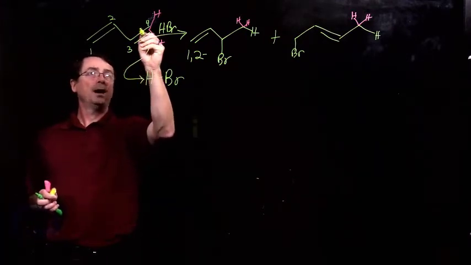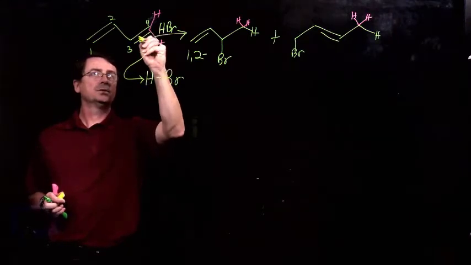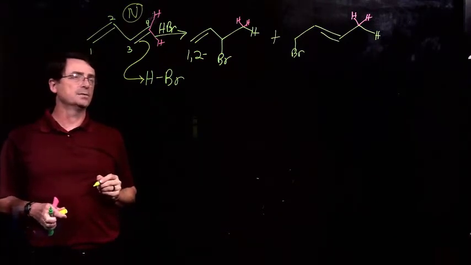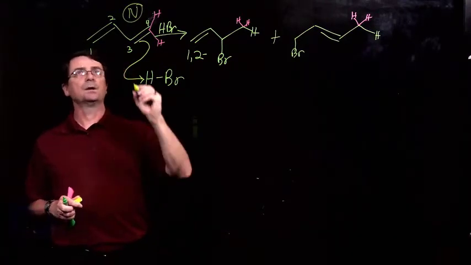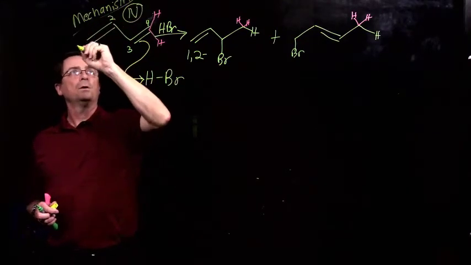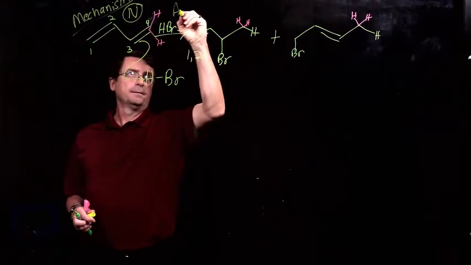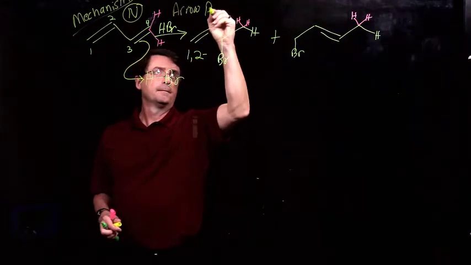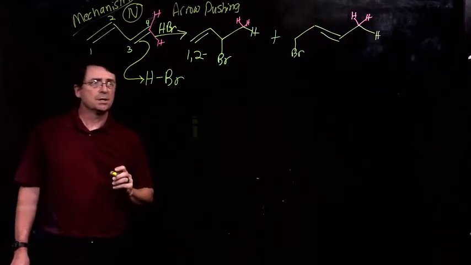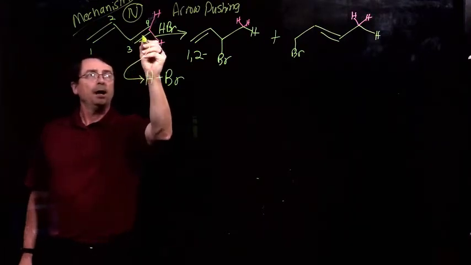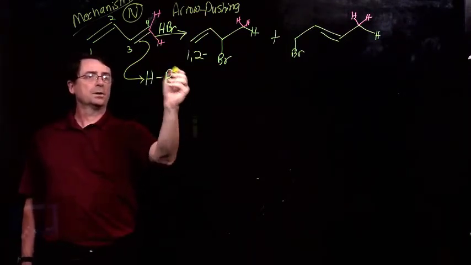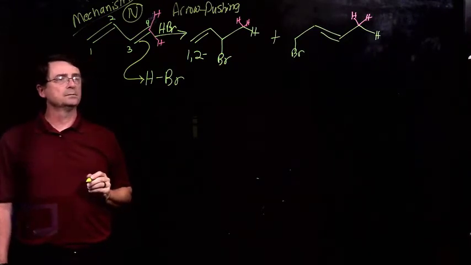The pi bond of the diene acts as the nucleophile. So I'm going to write a big capital N and circle it to help you identify these as we go along. Because mechanisms, and by the way, what we're looking at now is the mechanism, this is what we call an arrow pushing mechanism. So the pi bond acts as the nucleophile,